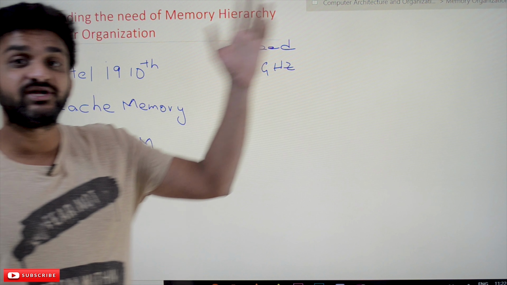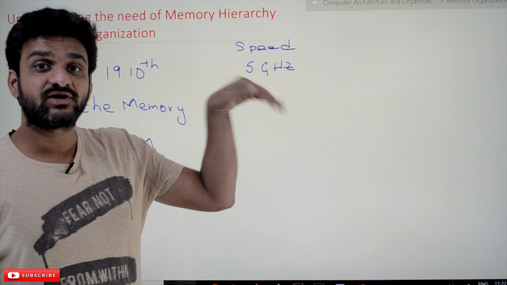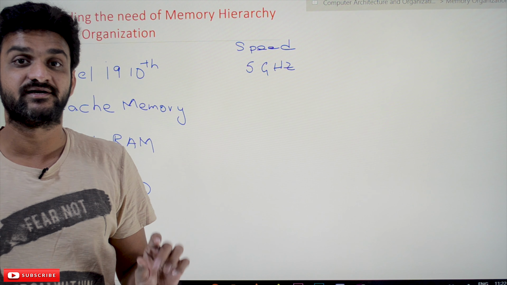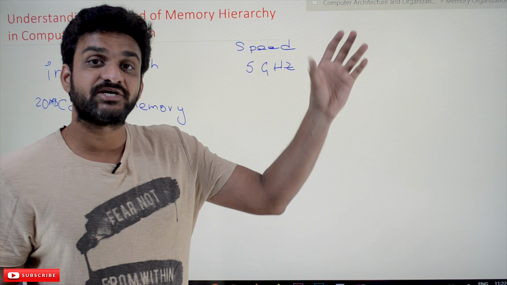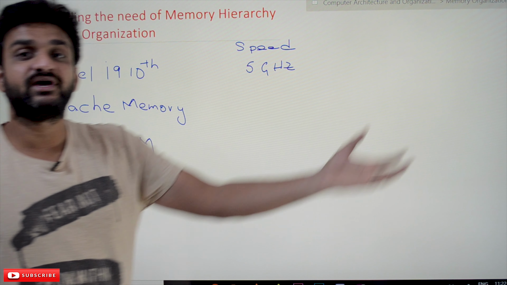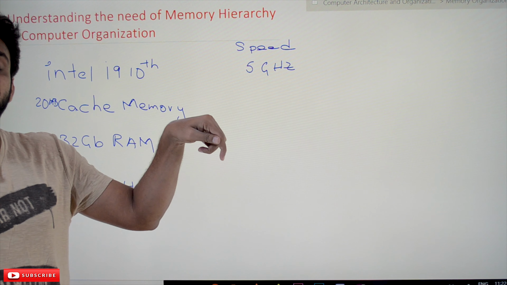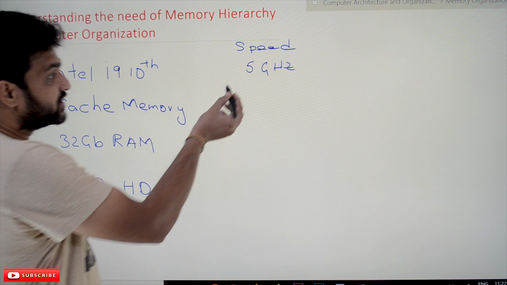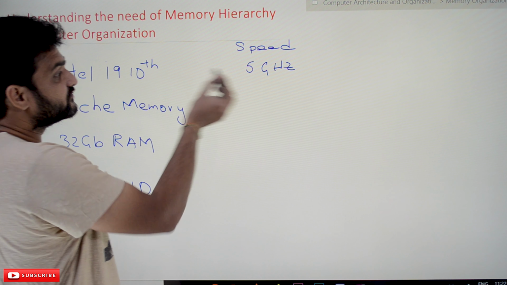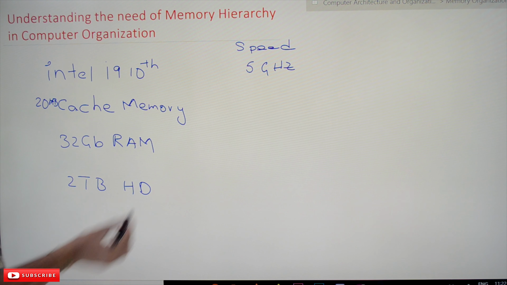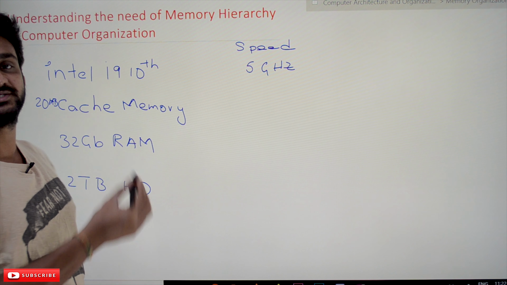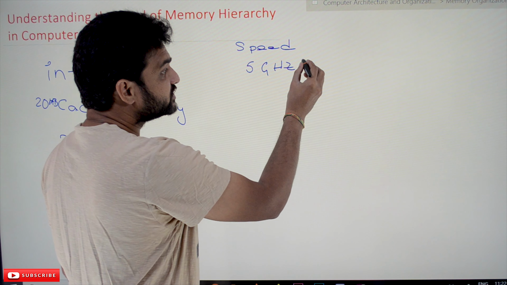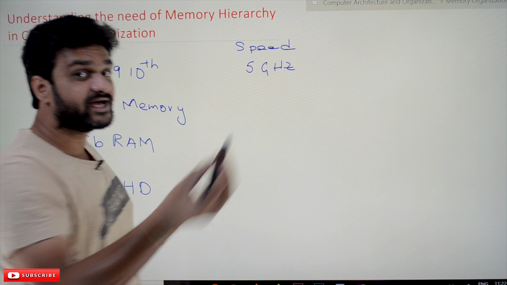As we have understood in our basic computer, for every clock cycle, one micro operation will get executed. So we have clearly understood these concepts in our early classes. There we have said that per every clock cycle we are going to execute one micro operation. So the clock speed of this i9 10th generation is 5 gigahertz. 5 point something is there. We have just taken it as 5 gigahertz, which means 5 into 10 power 9 clock cycles will get generated.